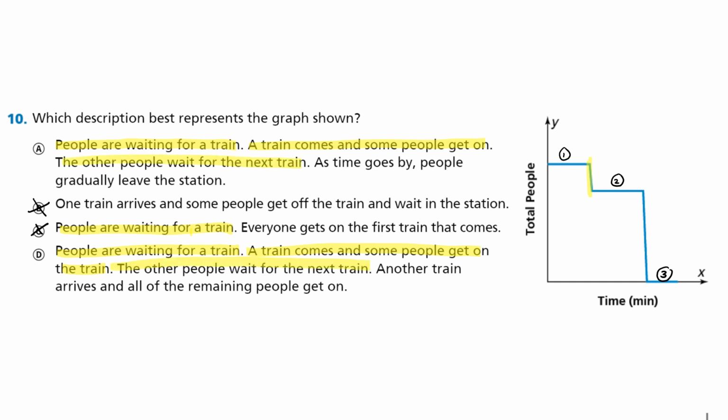So the differences between part A and D. A says as time goes by, people gradually leave the station, but that's not what happens. In part D, this last section, it is a very drastic drop, meaning we're going to follow the last sentence of part D. Another train arrives and all the remaining people get on. D is our correct